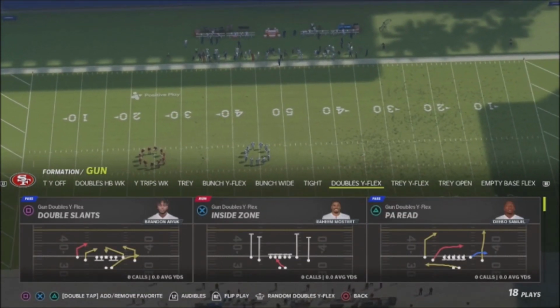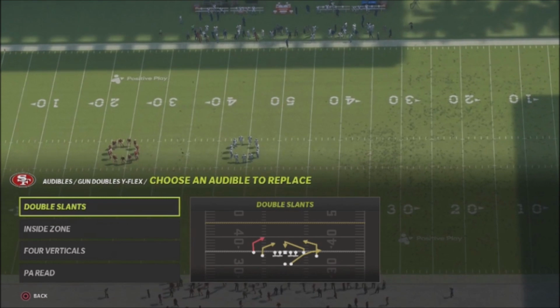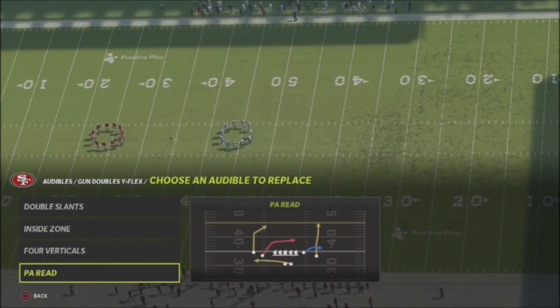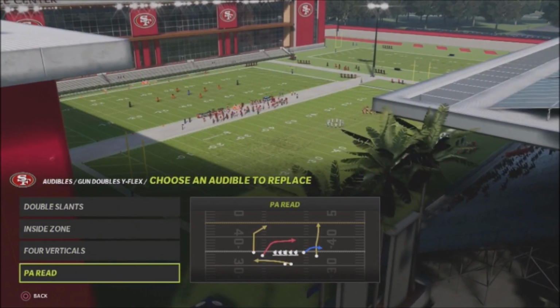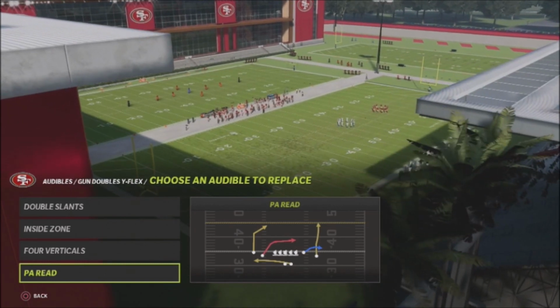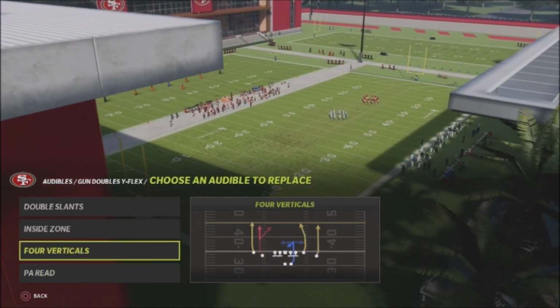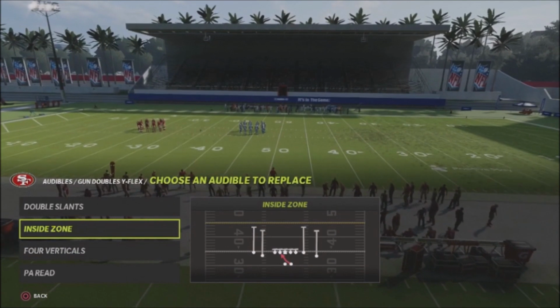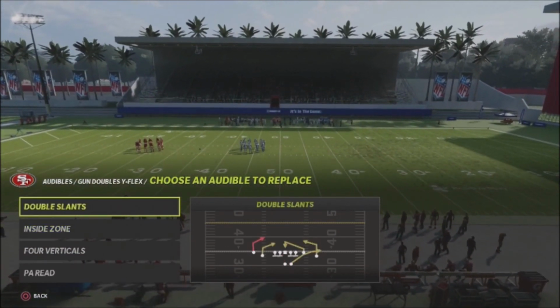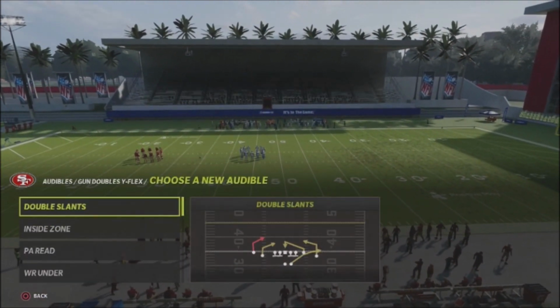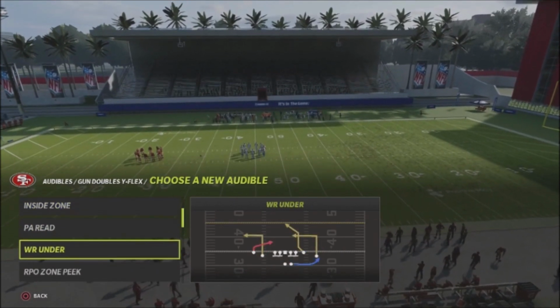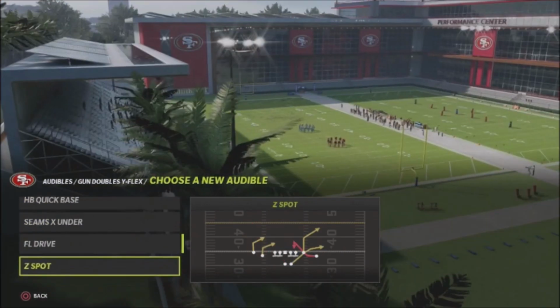Now, our standard audibles are slants, typical verticals, and then we have a play action read, which is a really good play. This has got that play action boot type action, so it's nice to have that in your back pocket. Verticals, very generic. Inside zone, we're going to keep that as our base run play, and double slants, not that great. So let's swap out double slants for a play that I like a lot, which is this smash